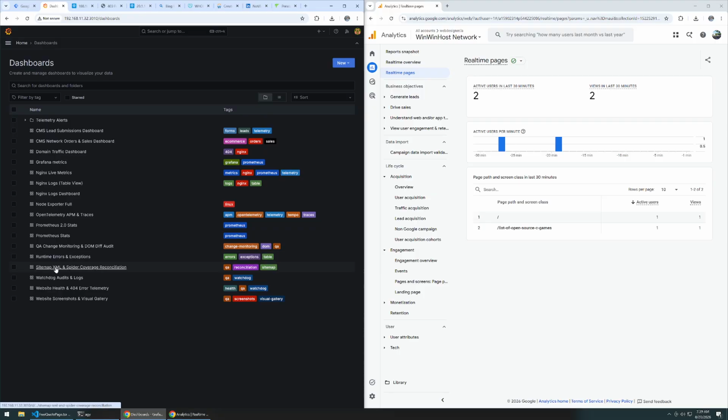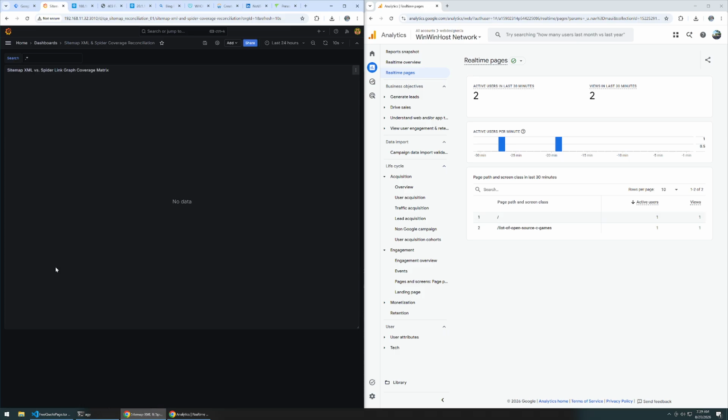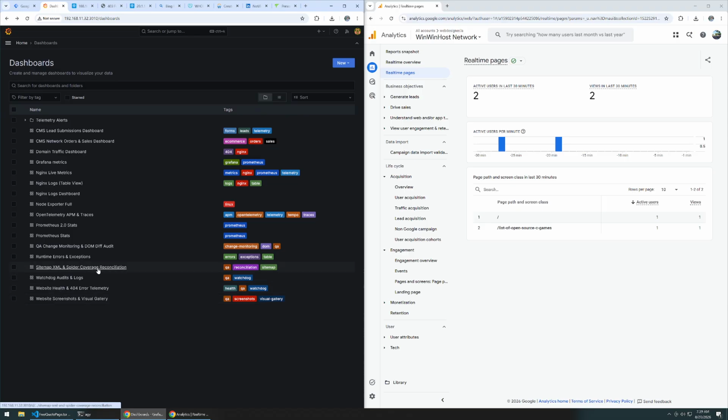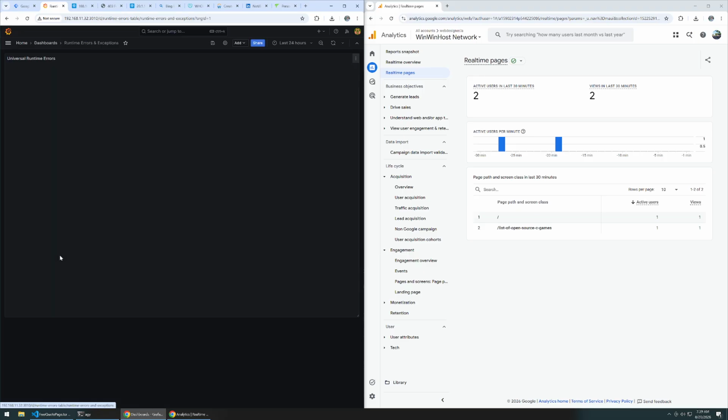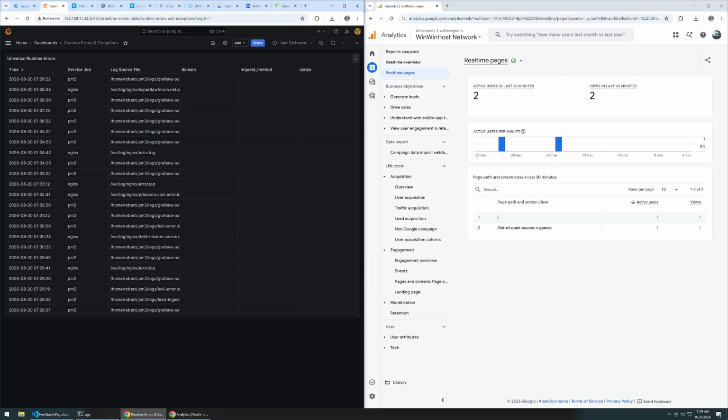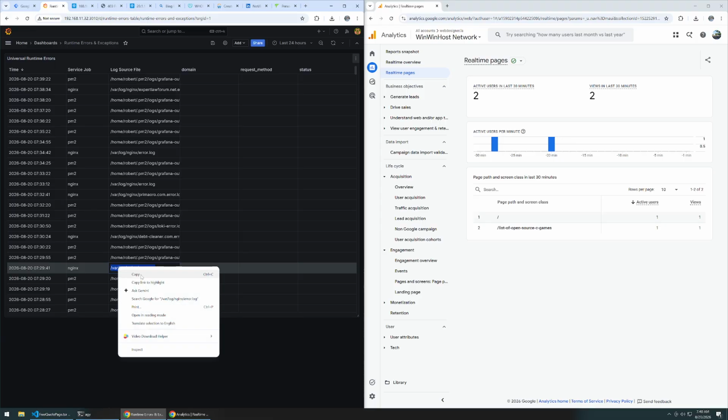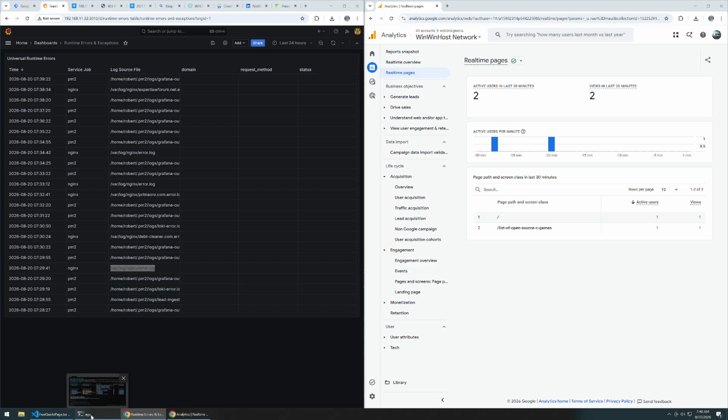Also, there's a sitemap and spider. It's not working. But at one point I said, I want to reconcile the difference between what my sitemaps say and what's actually crawlable on my system. This page is totally messed up. This is just not useful, but at least it lets me know that there's an error. I will have to tell the agent to take a look. In fact, let's do that now. So yeah, that's pretty much what I've been slaving away on.